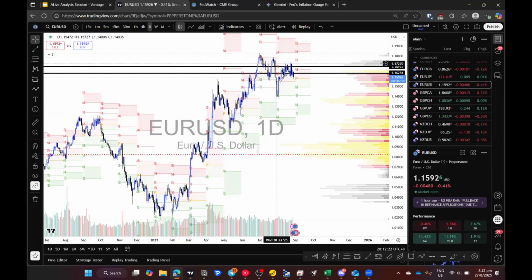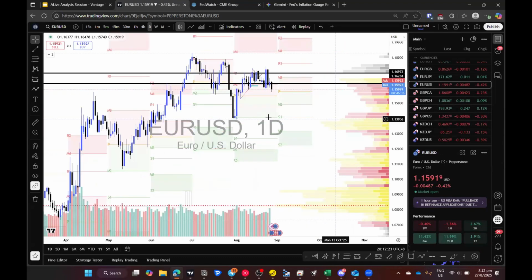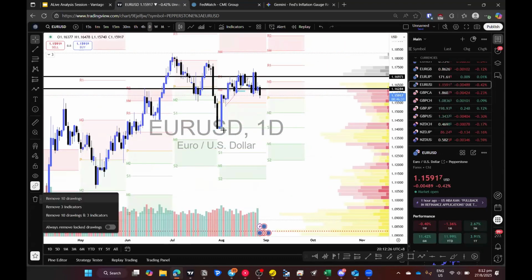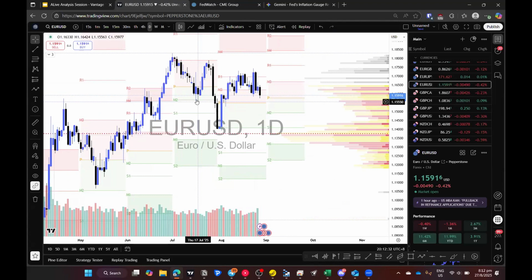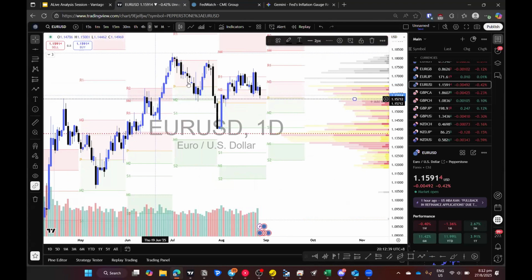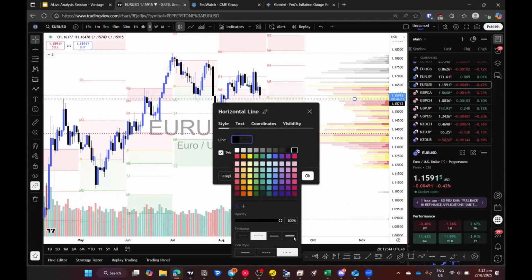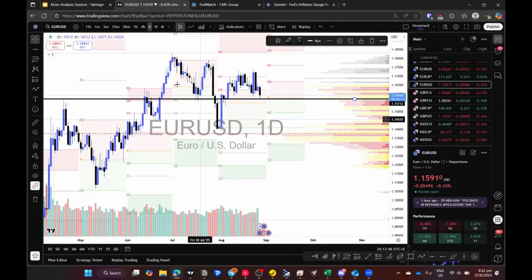Then this area here, around July, came to a nice support, breaking out of this high here. This was the high that was tapped into this area here, and then we're looking at this as the support. It failed to make that high, and as it comes down,